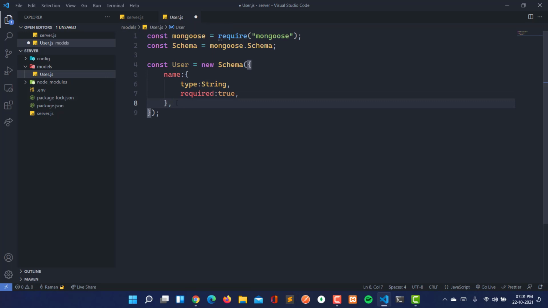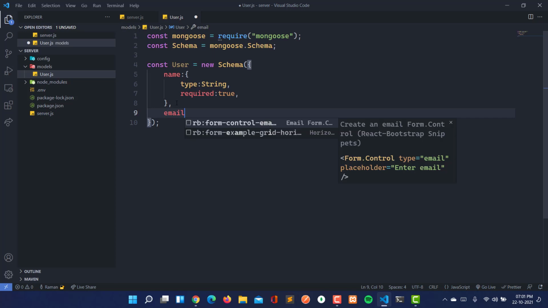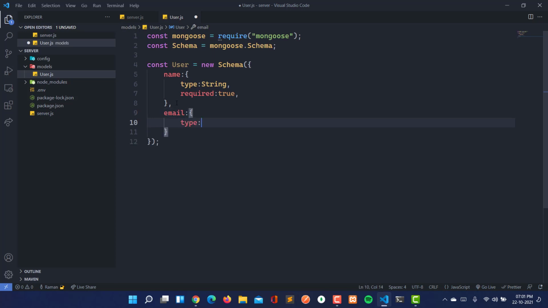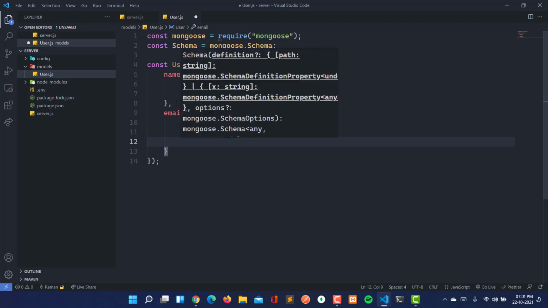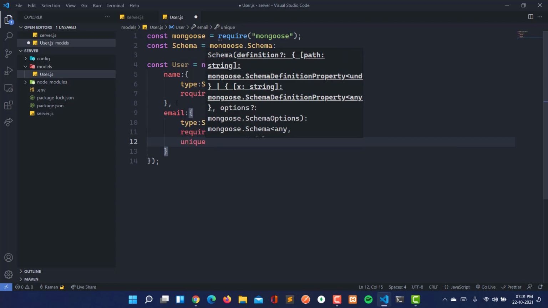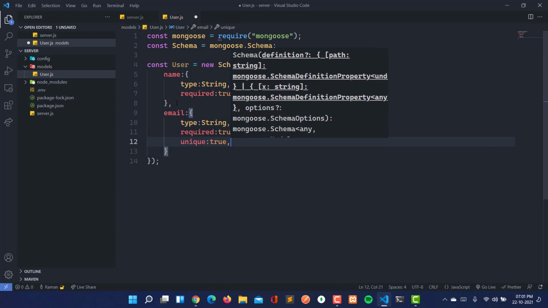Now let's move further, and next we want email. This email will have type string, it is required: true, and it is also unique. So this should be unique.